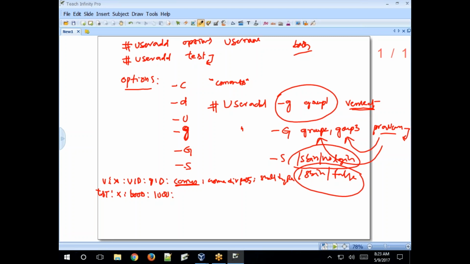So what about existing users? How to modify existing users? There is a command, usermod. usermod is the command to modify existing users.